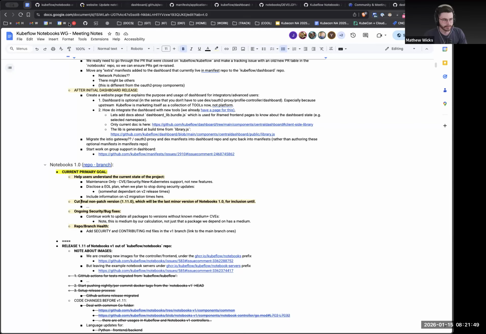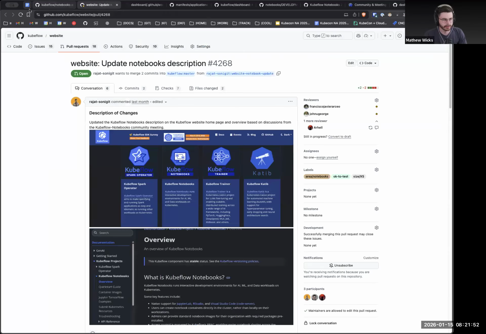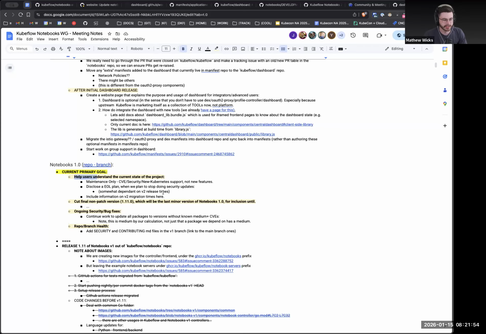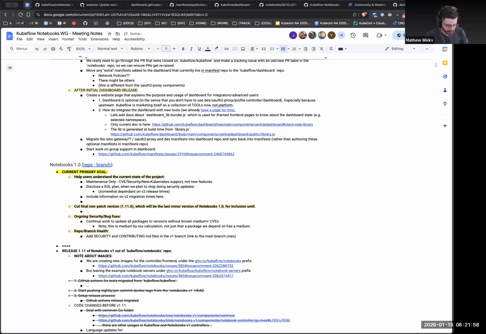So I guess the goal here is we do need to figure out what our plan for V1 is. And I think I also need to put a thing in here, which is the future of volumes web app, PVC viewer. In my mind, PVC viewer is actually just a specific case of a workspace kind. So it really feels natural to just do that. But that's a separate discussion.